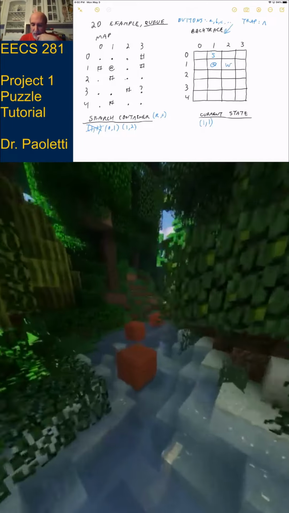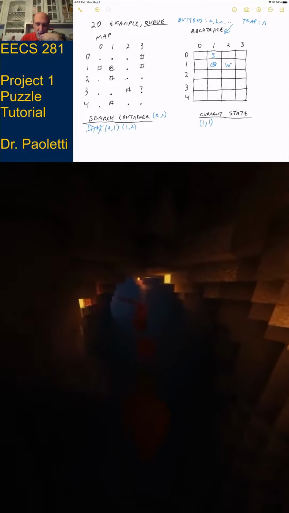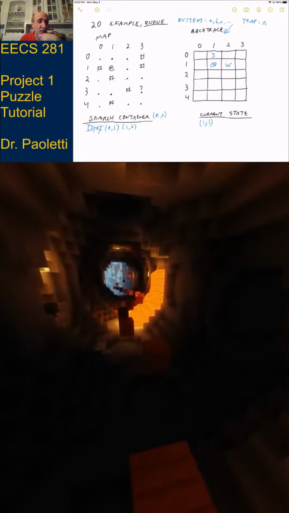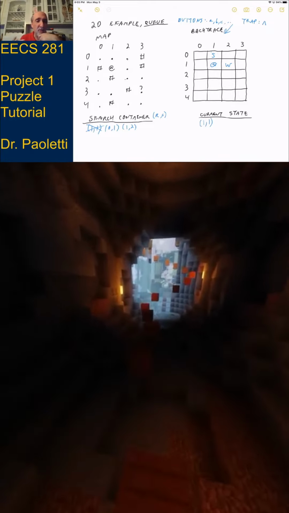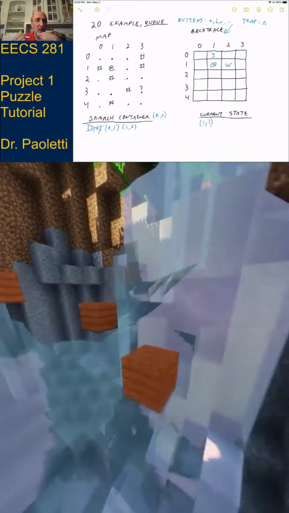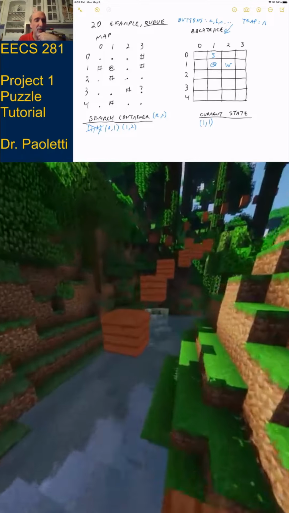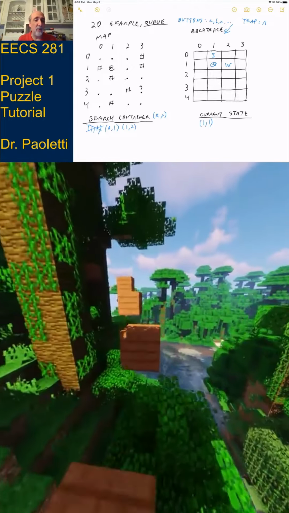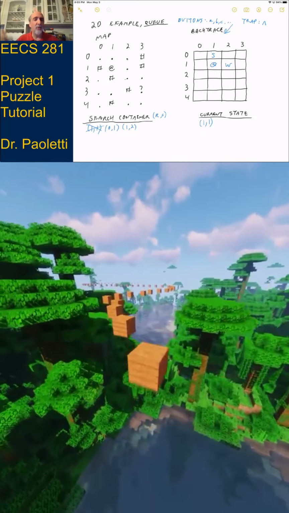Okay, then we go to south of my current location. It's a valid row. It's someplace I've never discovered. And is it something I would walk on? No. The number sign is a solid wall. I don't feel like walking through solid walls, so I can't do anything with the one south of my current state. So I look west. I say that's a valid location. I've never been there, but it's not something I would walk on, so we can't do anything else with it. All right, so we've finished investigating this location, and we haven't found the target, the goal, the question mark, so we go back through the loop.